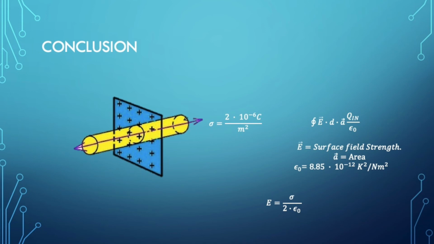To calculate the flux flowing within the Gaussian surface, we must multiply the area of one end of the cylinder, pi radius squared, by the surface density of the material, all divided by epsilon naught. An infinite sheet of charge is an important aspect when it comes to exploring the use of Gauss's law and is used regularly